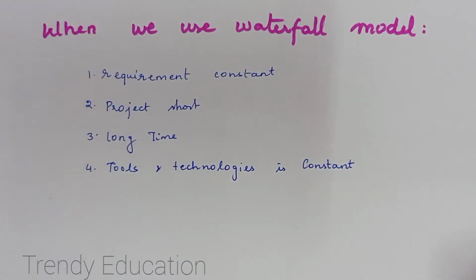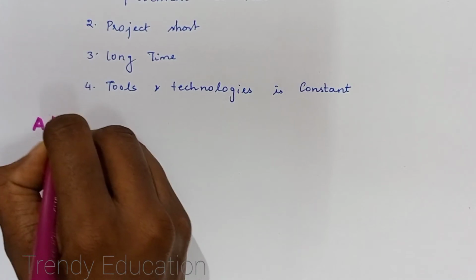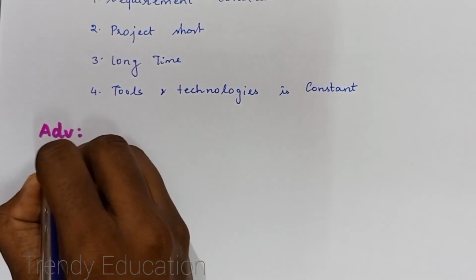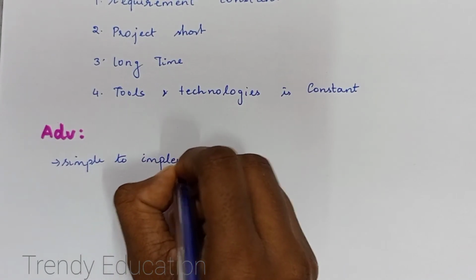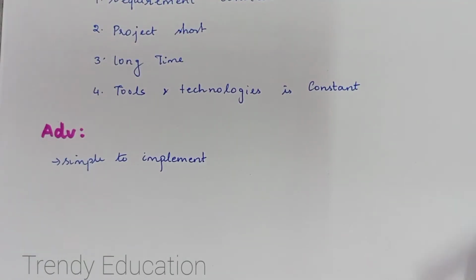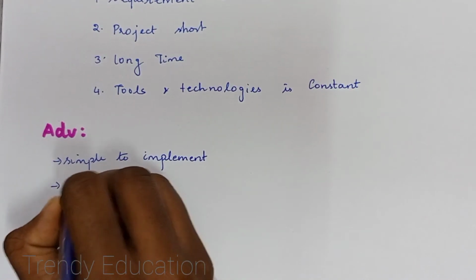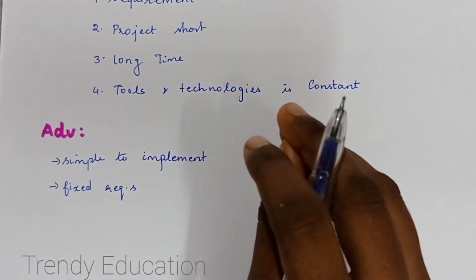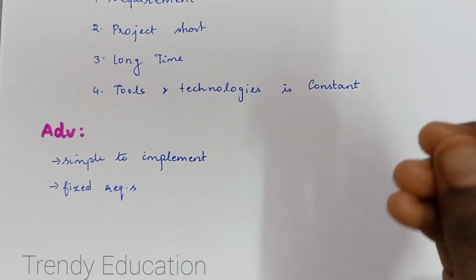And let me explain the advantages and disadvantages of this waterfall model. Coming to the advantages, there are many, because it is simple to implement. It is a very simple method to implement. There is no confusion. When one stage completes, it gives its result to the second phase, so it's very easy and simple to implement. And fixed requirements: our requirements are fixed, so they will never change, and it is a stable thing. So when our requirement is fixed, we'll definitely get into the project.